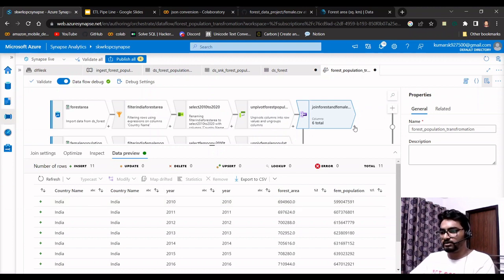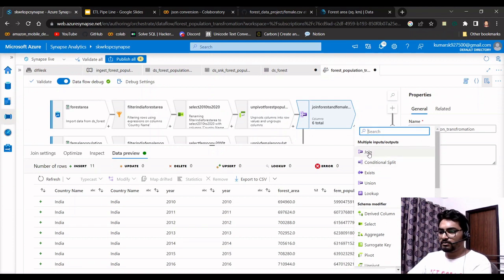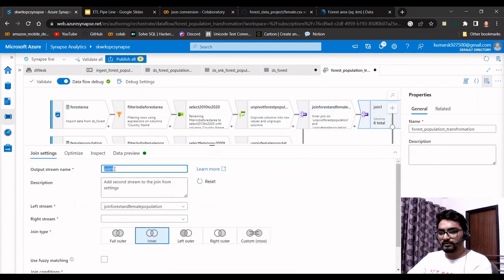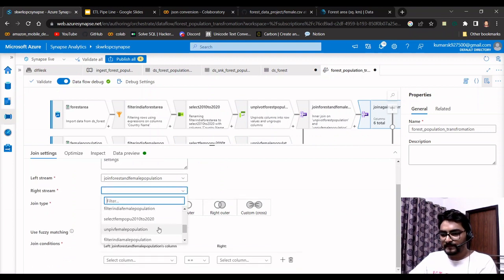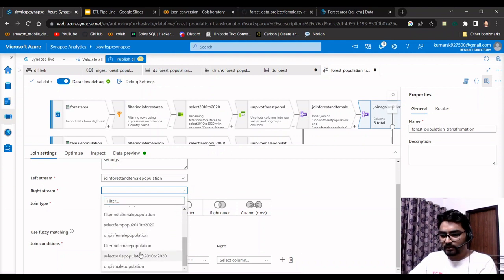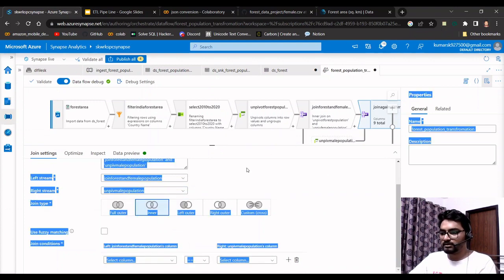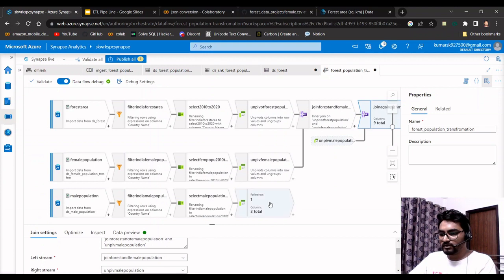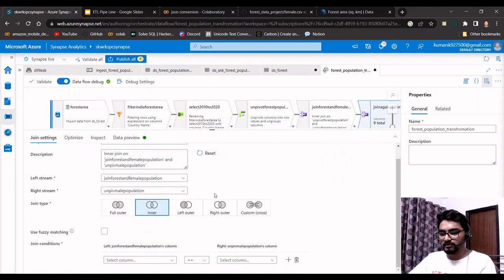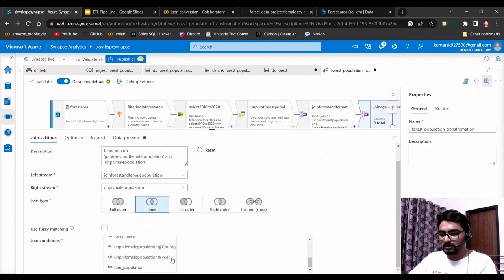So I am using another join operation here. Let's join it. Okay, join again with male population. Left stream join forest and female population. Right stream will be unpivoted male population, which we received from here. So I'm performing an inner join operation. Again, the columns we are using is,